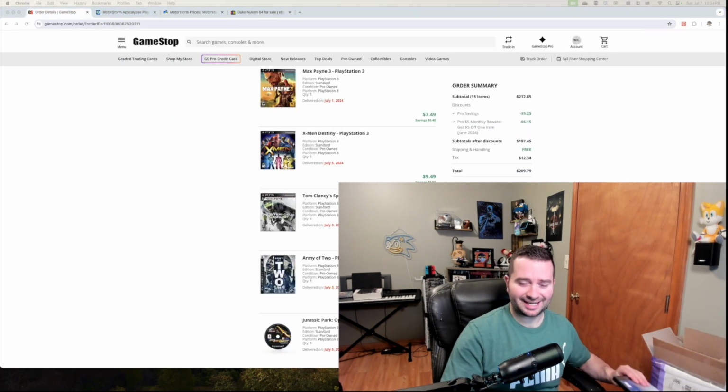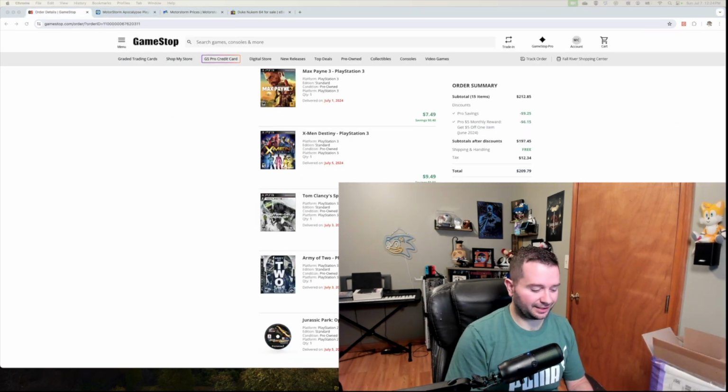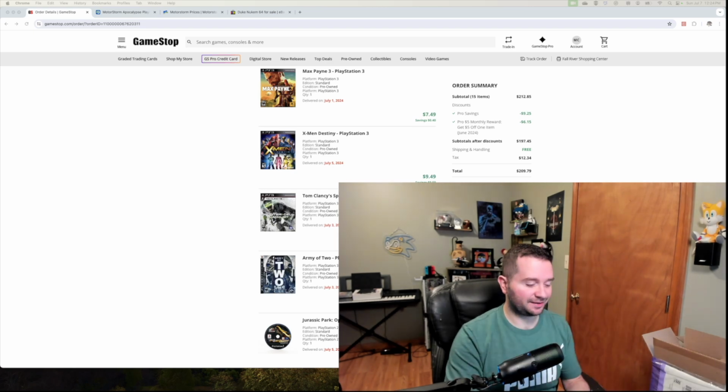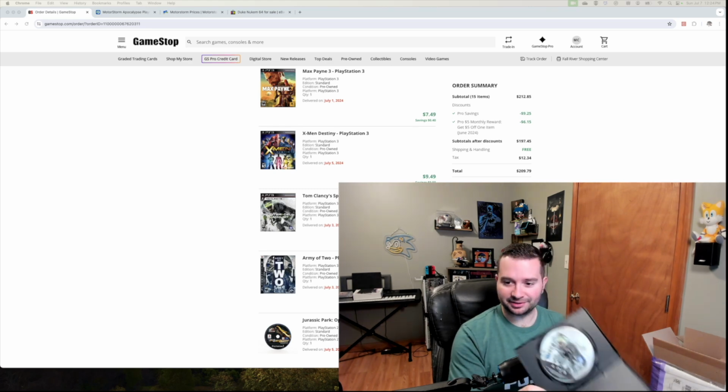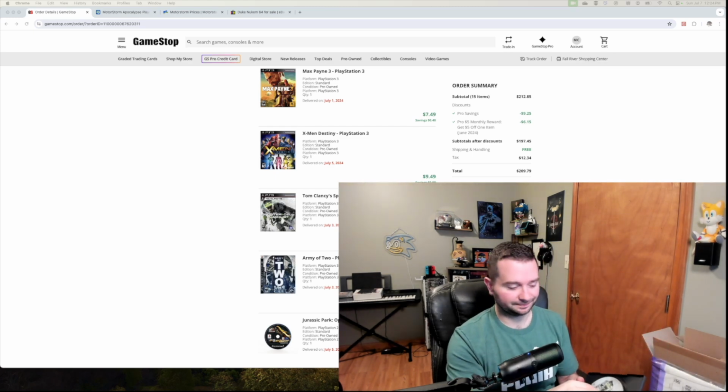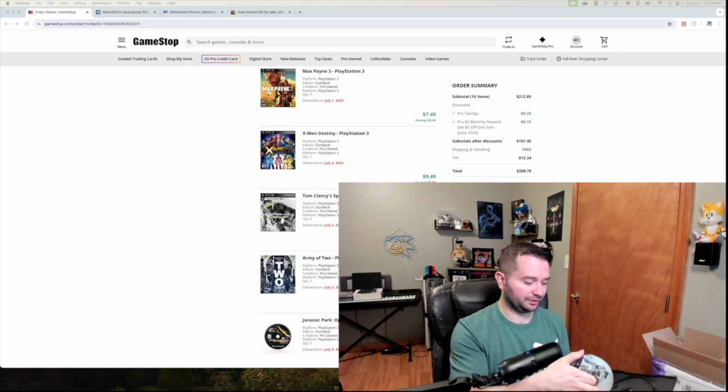All right, so this next game is a PlayStation 3 title, and I paid $4.49 for, and this is Splinter Cell Blacklist. Very disappointing again that it doesn't have the original case and artwork. Also does not have the manual. It looks like the disc just came in the case itself, not even in a sleeve. The disc is in very good shape. There is one little scratch up here